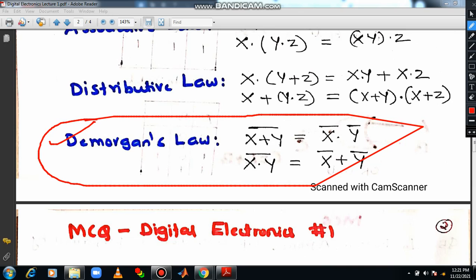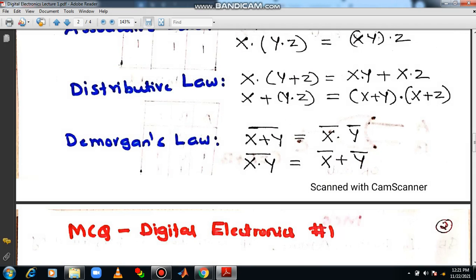So plus represents OR operation. Every time you remember like this, OR. Okay, OR operation, where dot means AND. This you have to remember. Everybody should remember this. Someone will call it as (x or y) bar, that is equal to x bar and y bar. Whenever we are speaking, you have to understand plus means OR operation, dot means AND operation. So that is very essential.